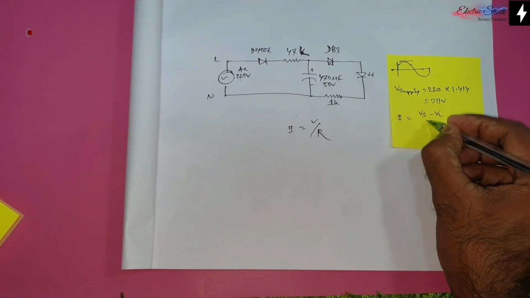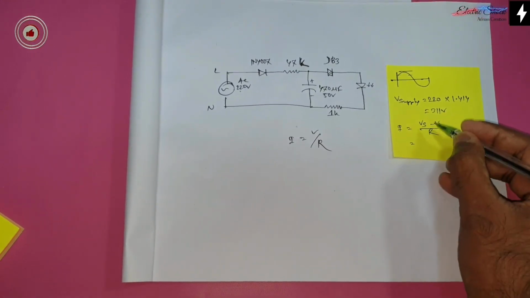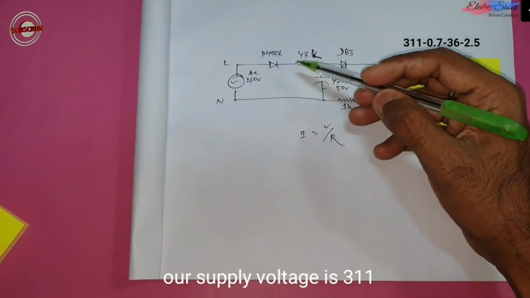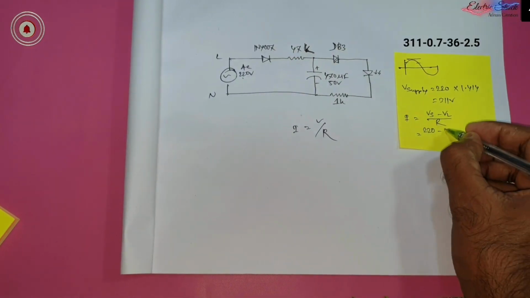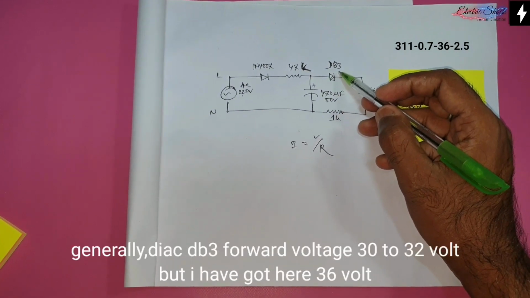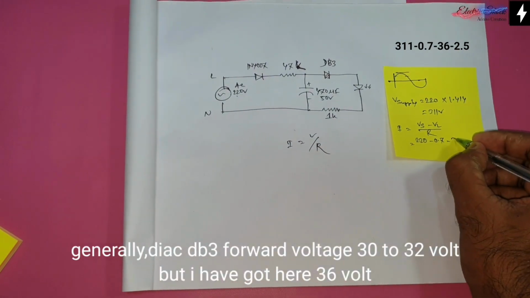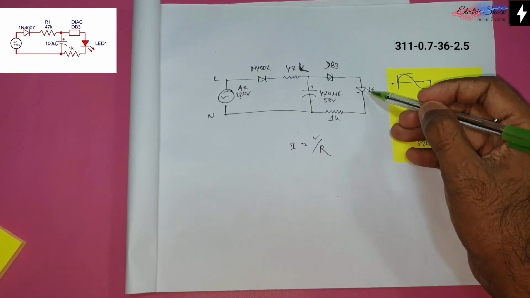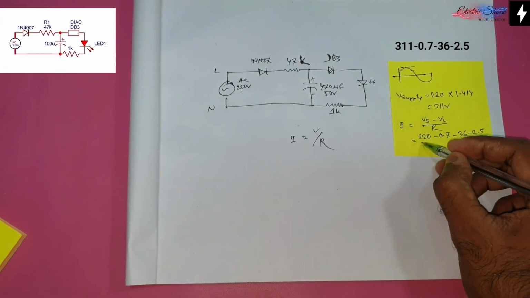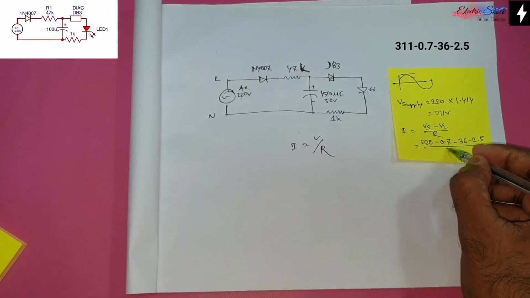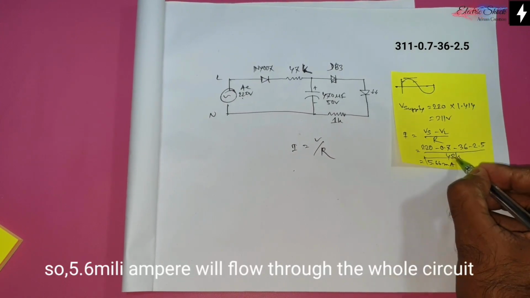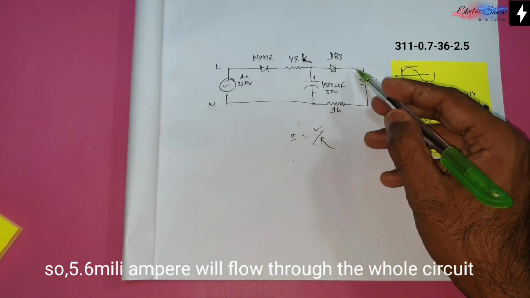So ampere will be V supply minus V load over R. Our supply voltage is 311 and our load will be this. The diode forward voltage is 0.7. Generally the DB3 diac forward voltage is 30 to 32, but I have got 36 volt here. So 36 forward voltage and LED forward voltage 2.5, and here total resistance 48K. So 5.6 milliampere will flow through the whole circuit,